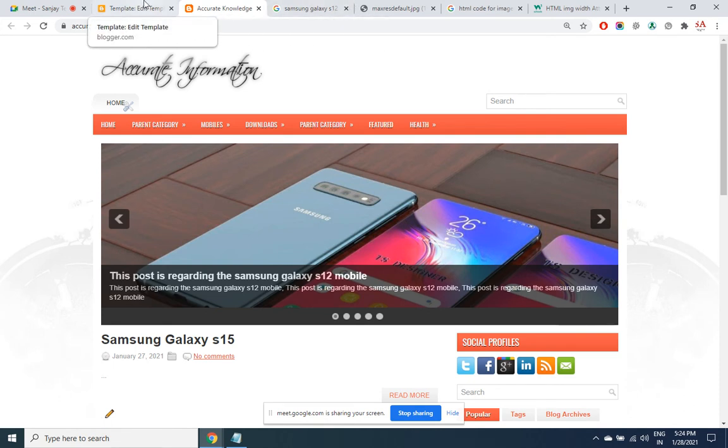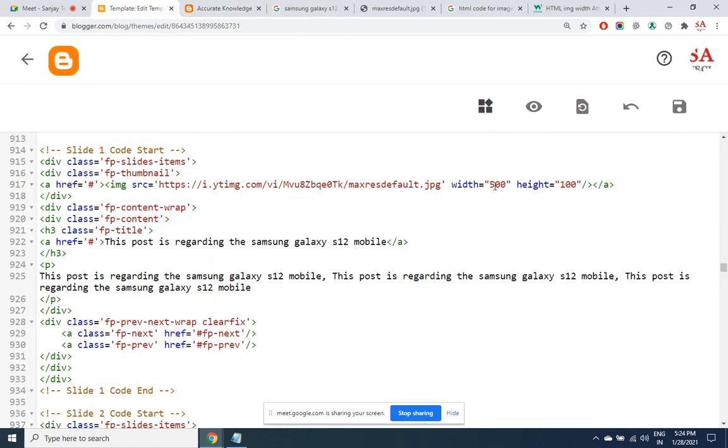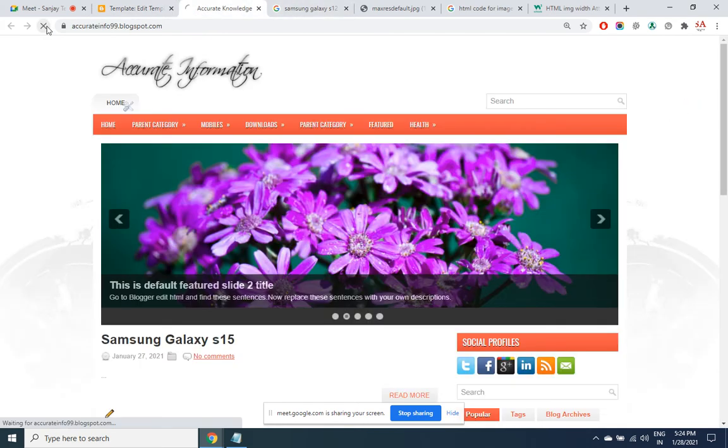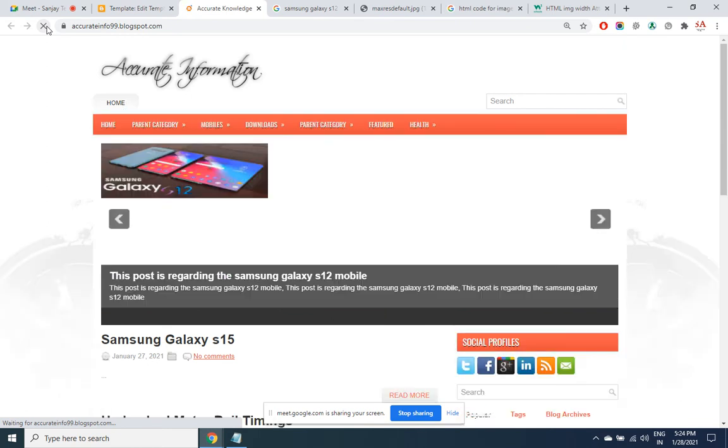So let us try. It may work, may not work. So we'll have it here as 100, then width is obviously 300. We do not know what dimensions to be set, only aspect ratio more or less is this one. The image may come very small or it may come medium, it may come larger. But once that you see the size, you'll get an idea whether you have to increase or decrease these numbers. Save. Now that I refresh, image 1 size will be reformed and it is coming too small.